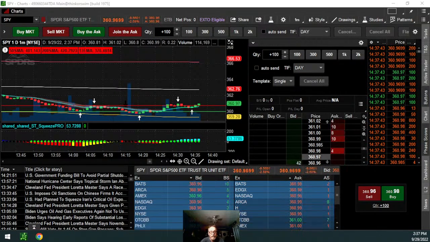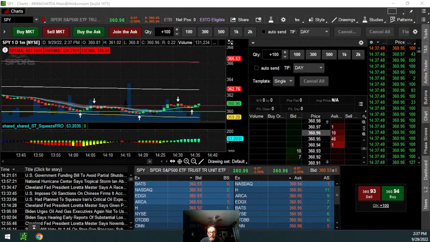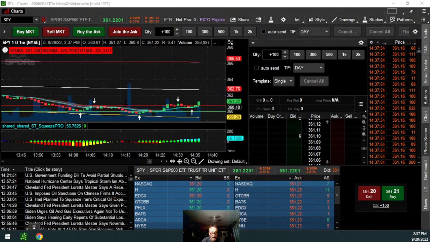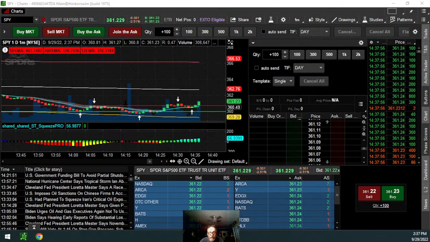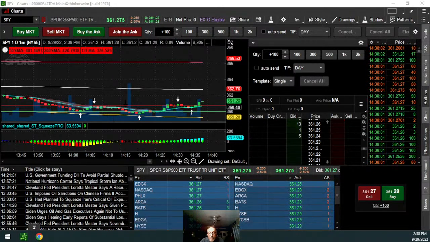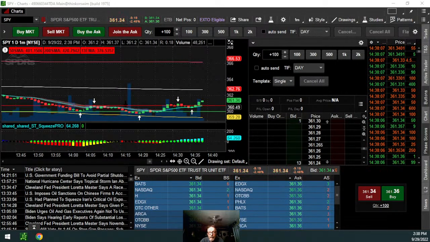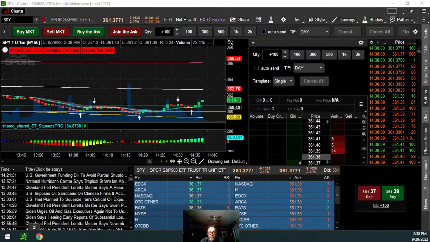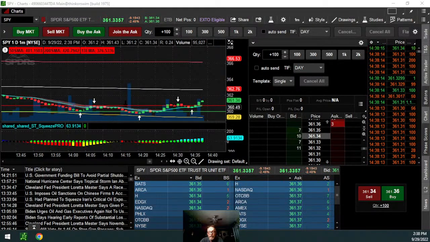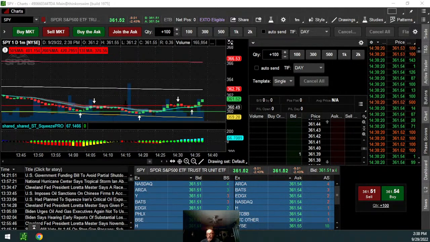My computer's just running so slow. It just connected to the one next to it, which I didn't want. Come on, can't find this panel. $361 should be a call. 271. Okay, looks right. Make sure that this is off. Okay, 361 on a call and 360 on a put, and it's dropping again.